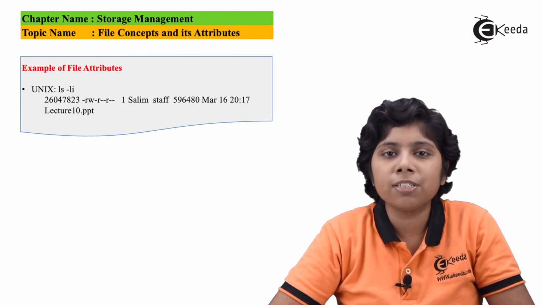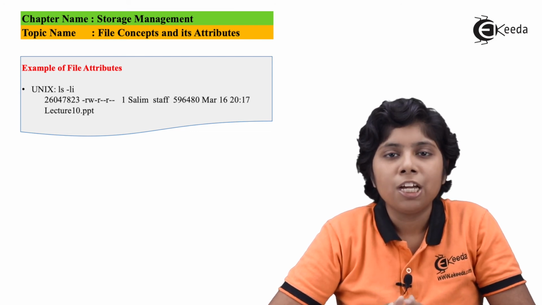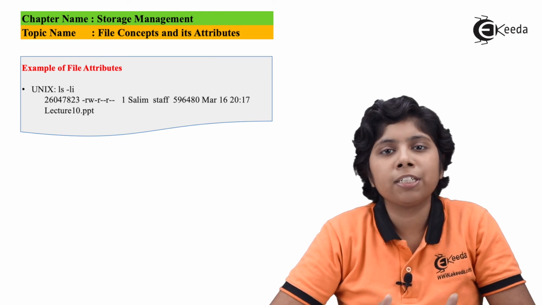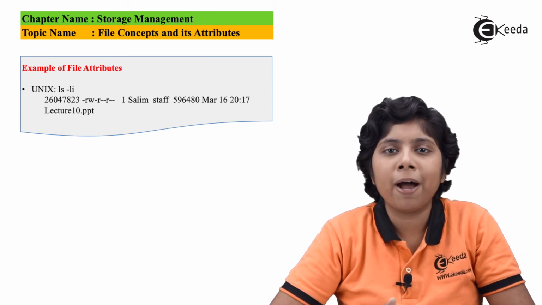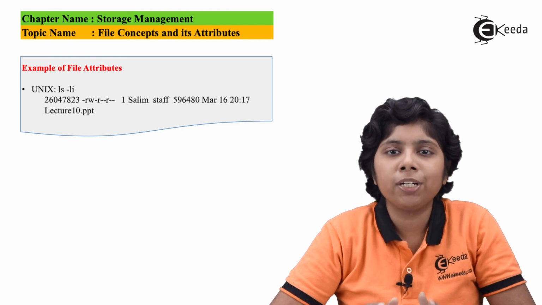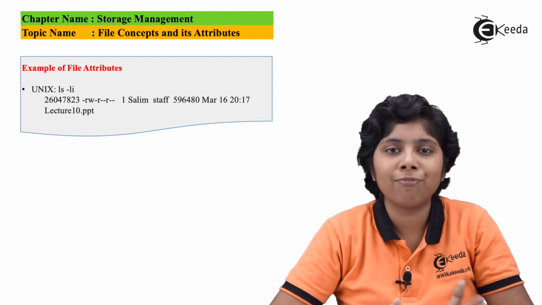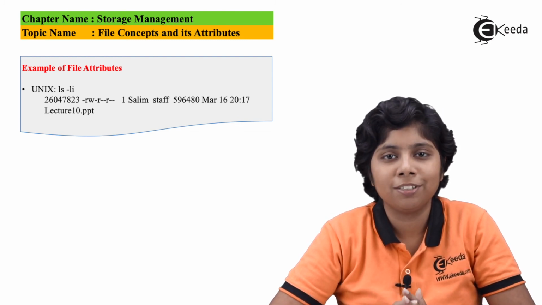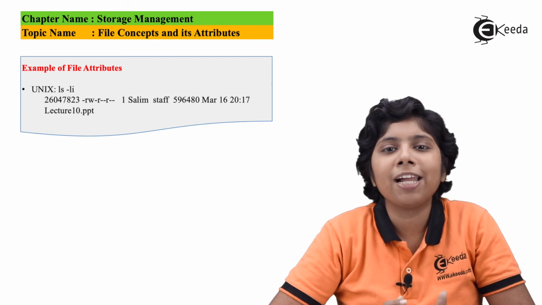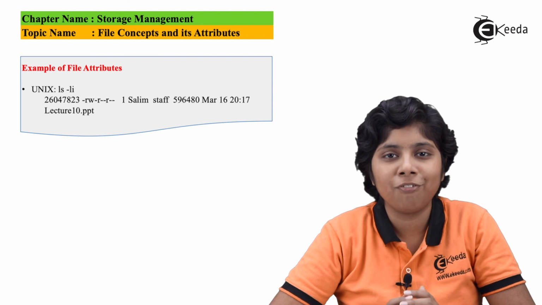So the directories also should be non-volatile and reside in secondary storage. The directory itself can contain more than a megabyte for a particular file. So the directories stored on secondary storage devices may need extra storage space to contain only the file attribute information. So that is all for the conceptualization and the attributes of files.